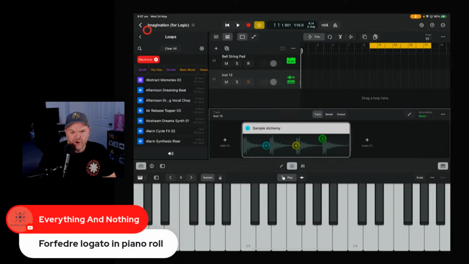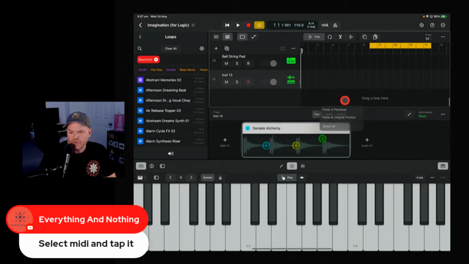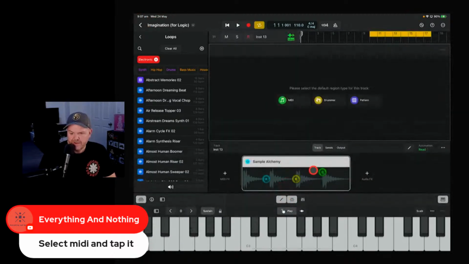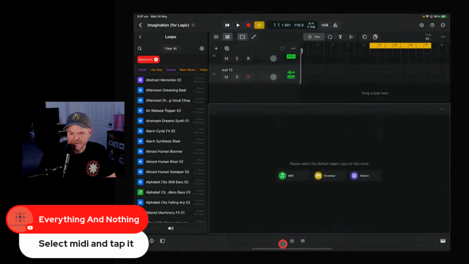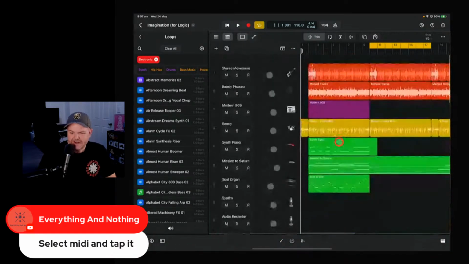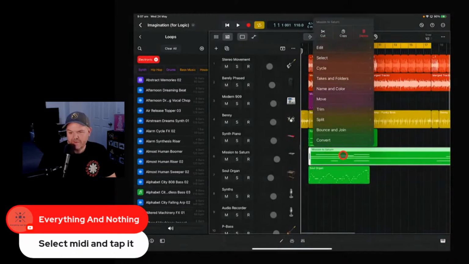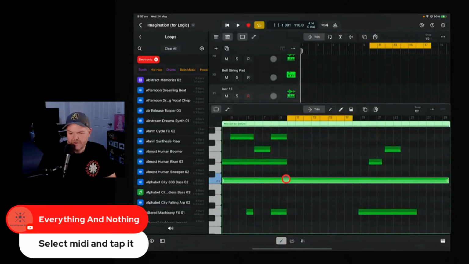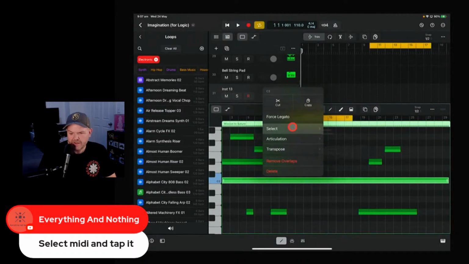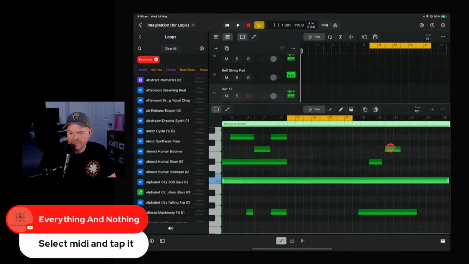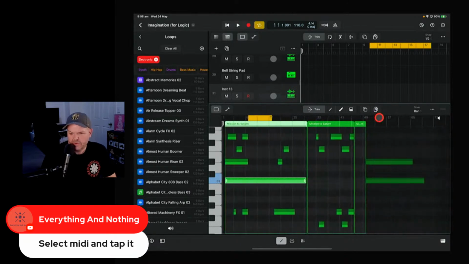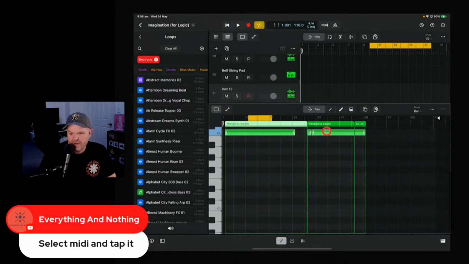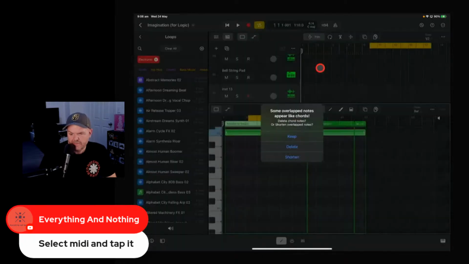Force legato in piano rolls. Select MIDI and tap it. Okay, there you go. So you can actually do that. If we go into the piano roll, hang on, close these down. Got to get in the habit of closing things down, otherwise you run out of space, because it's still working on an iPad screen here. So we'll tap that one, go to the edit mode, go to the piano roll. So force legato is in here. There you go. Golden. And I'm assuming that you can multi-select and select all and make them all force legato. So if you just tap, drag them all across, and then tap one, force legato.